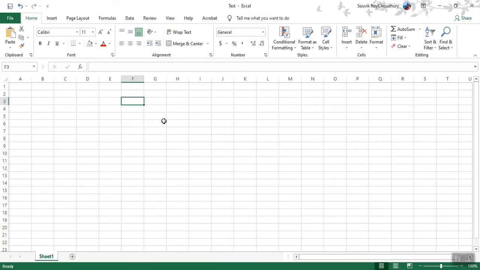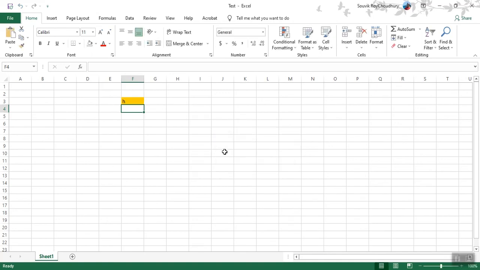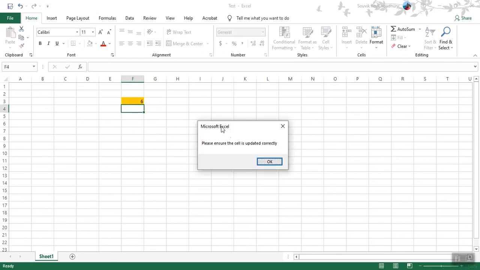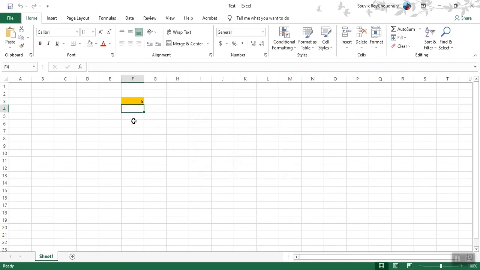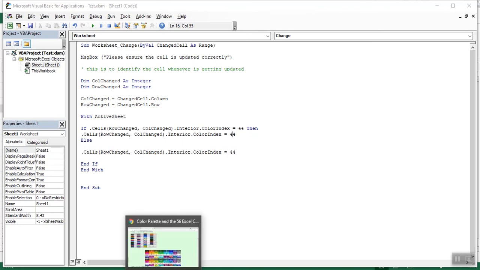Okay, so let's start. We will write H. See, we get this, and yes, voila. So automatically this cell color is now changing. So for example, if you would like to change the color, instead of 44, you would like to have some different color.